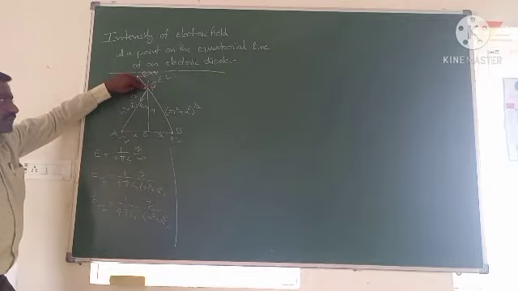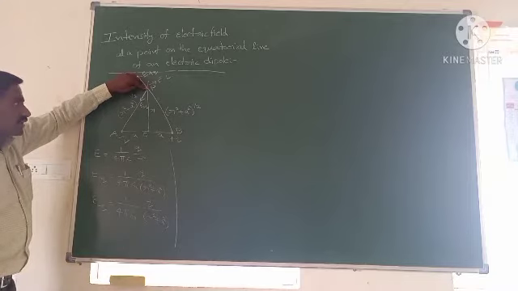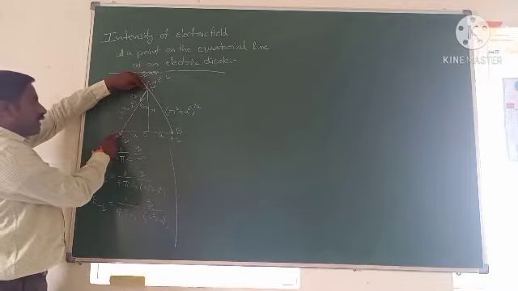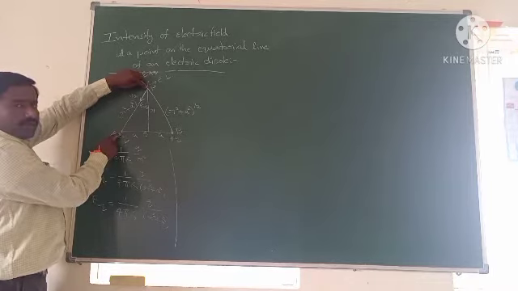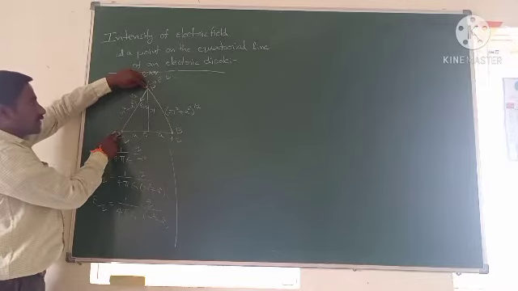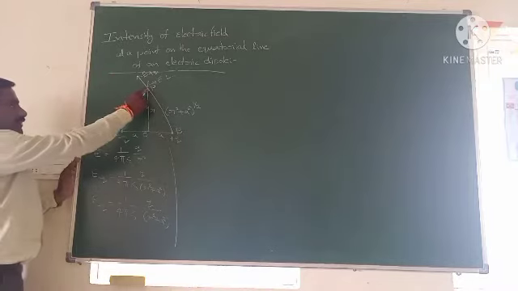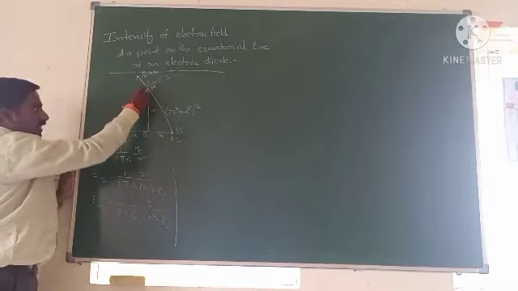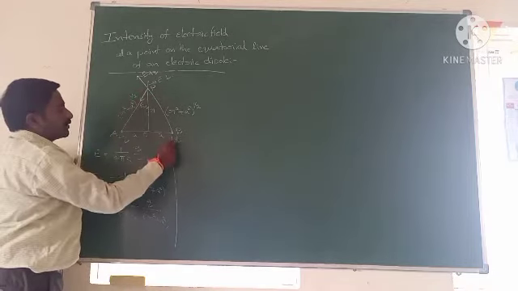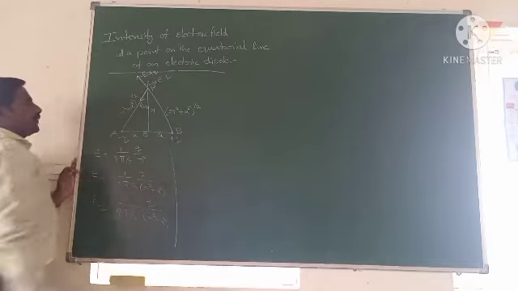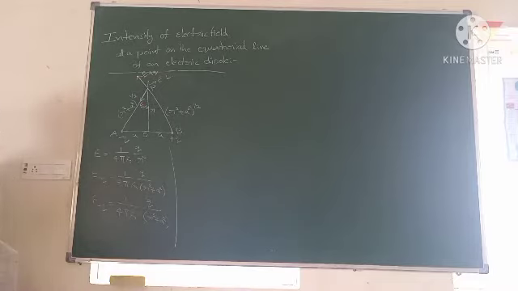So electric field intensity definition is force per unit positive charge. If I place a unit positive charge here, and this is a minus q charge, the unit positive charge and the negative charge attract. So due to that attraction, the unit positive charge moves in this direction. So electric field intensity at point P due to minus q charges is along PA direction, and electric field intensity at point P due to plus q charges is along BP direction. So these are the E plus Q and E minus Q directions.